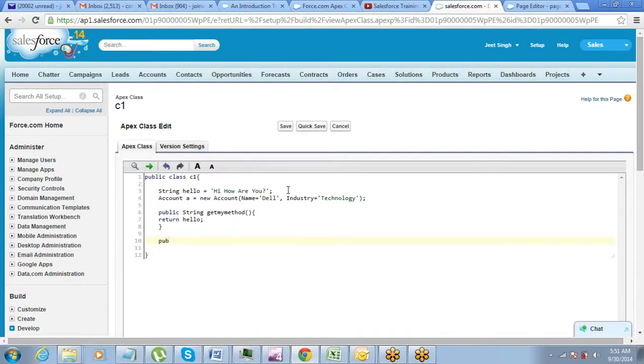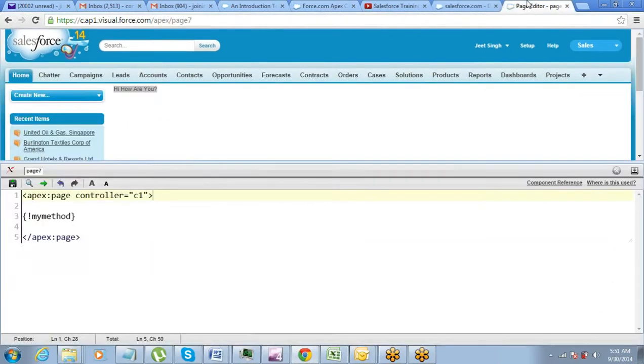So this time the return type will be account. Let's call it my method 2. So this should return a. Save the code. No syntax error. That's fine. All right. Let's go to the page.